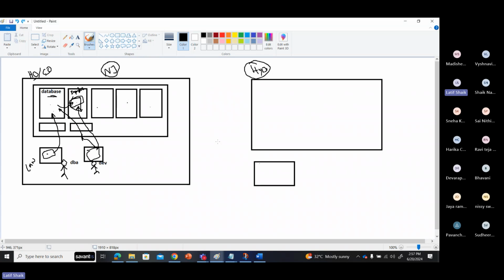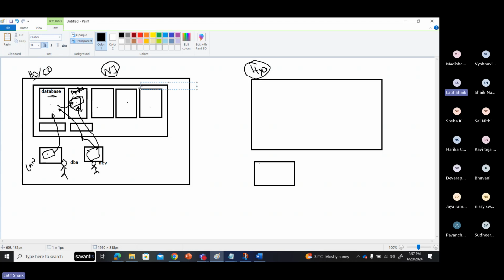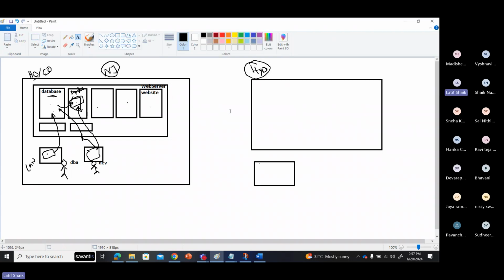Of course, for example, you have a web server. It provides a website. If you are accessing a website from here, you have to put it in public. Then I can access the website, not the content of the web server.